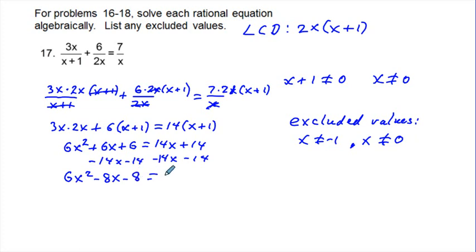Okay, that's going to be equal to 0. And really between this, a common factor is 2. So that's going to be 2 times quantity 3x squared minus 4x minus 4 is equal to 0. I'm not sure how factorable this is, but I'm going to use the